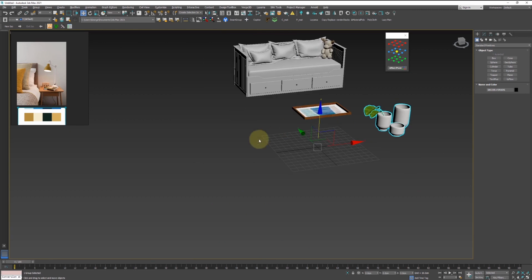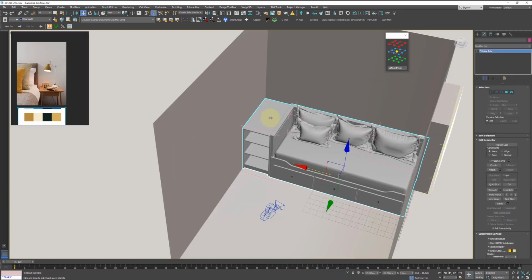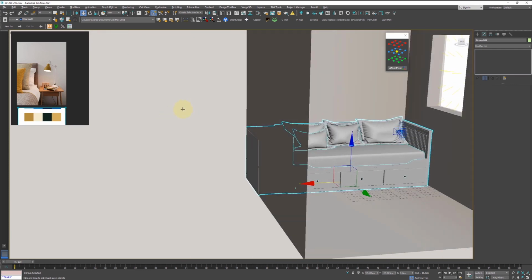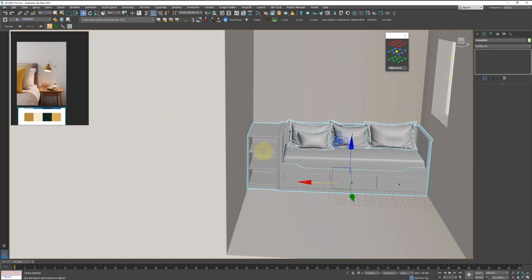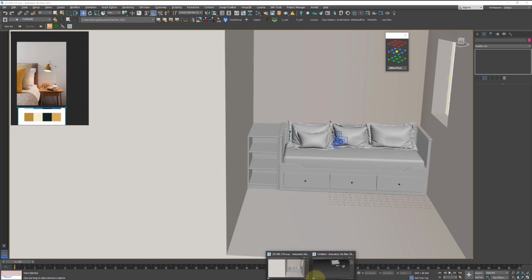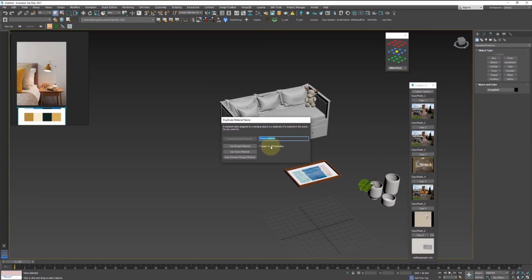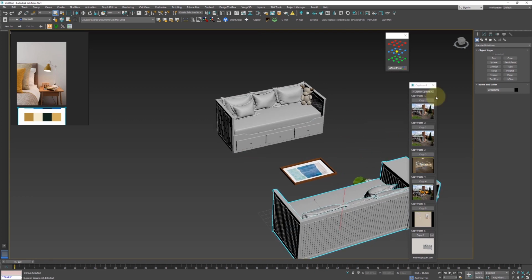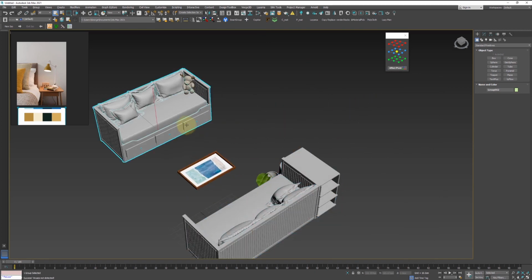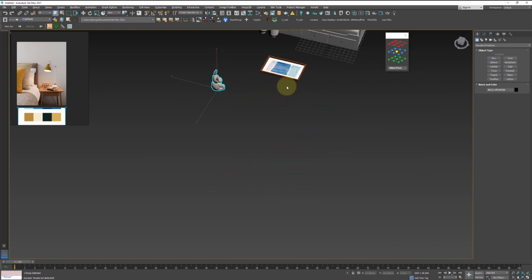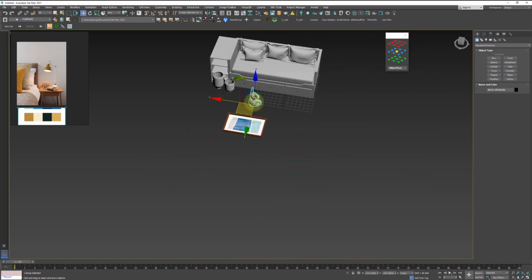And actually, let's go back to the original scene and select this. Actually, why is this not converting? I will try to update the scene again, and sometimes it works. Let's try. Yeah, okay, this time it works, and actually it's really clever. So while I'm working with 3ds Max,